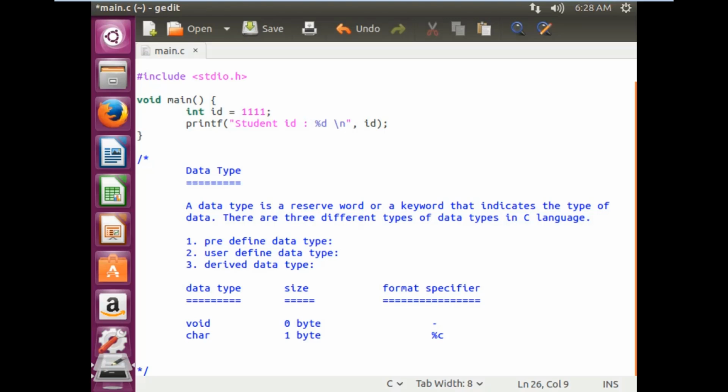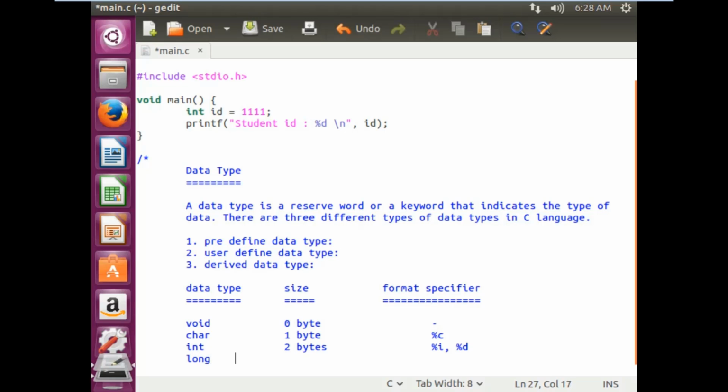Next data type is int, for integer. It will take 2 bytes of memory, and the format specifier would be %i, or it can be %d. Okay, so if we have an integer type of data, then we can use the int data type to indicate it, and for reading and writing integer data, we can use the format specifier %i or %d. Okay, suppose we have a large amount of data, meaning the range is larger than int, then